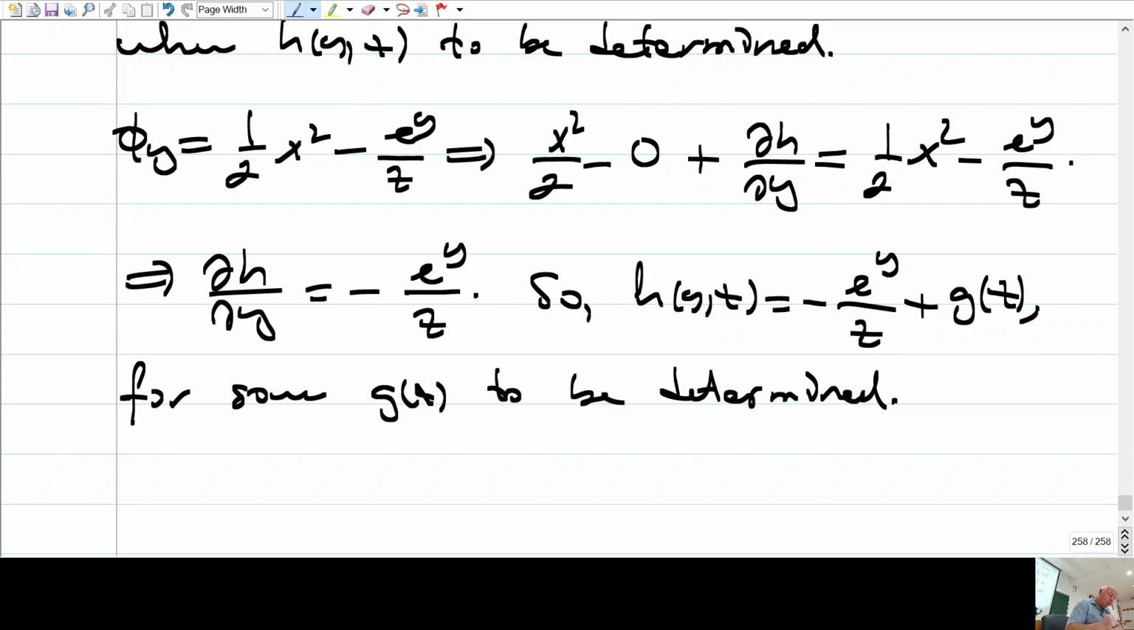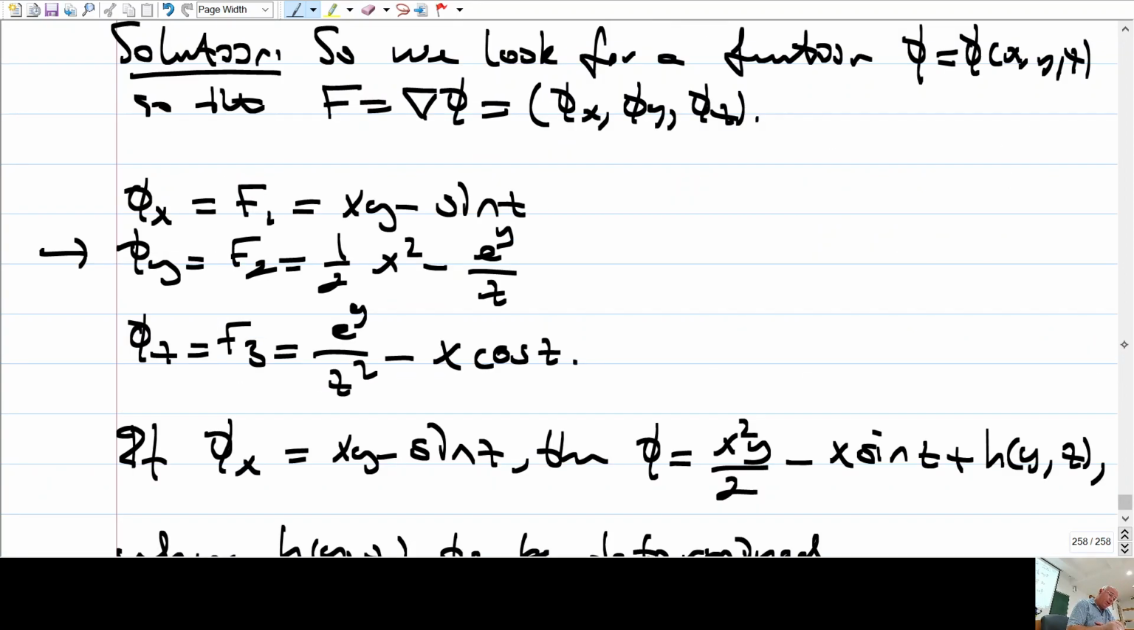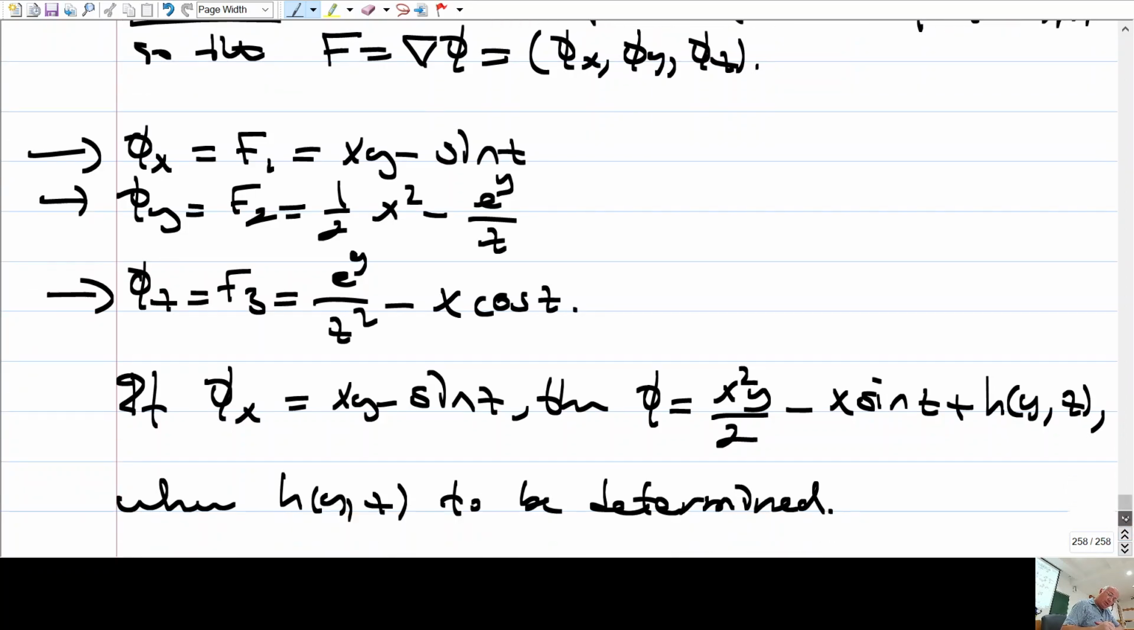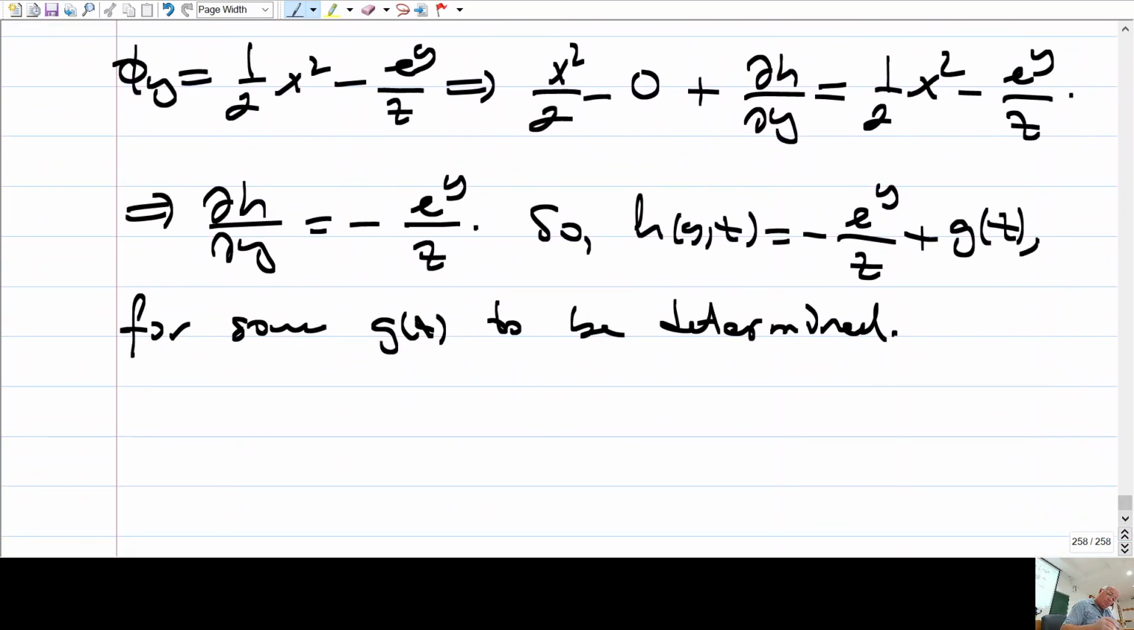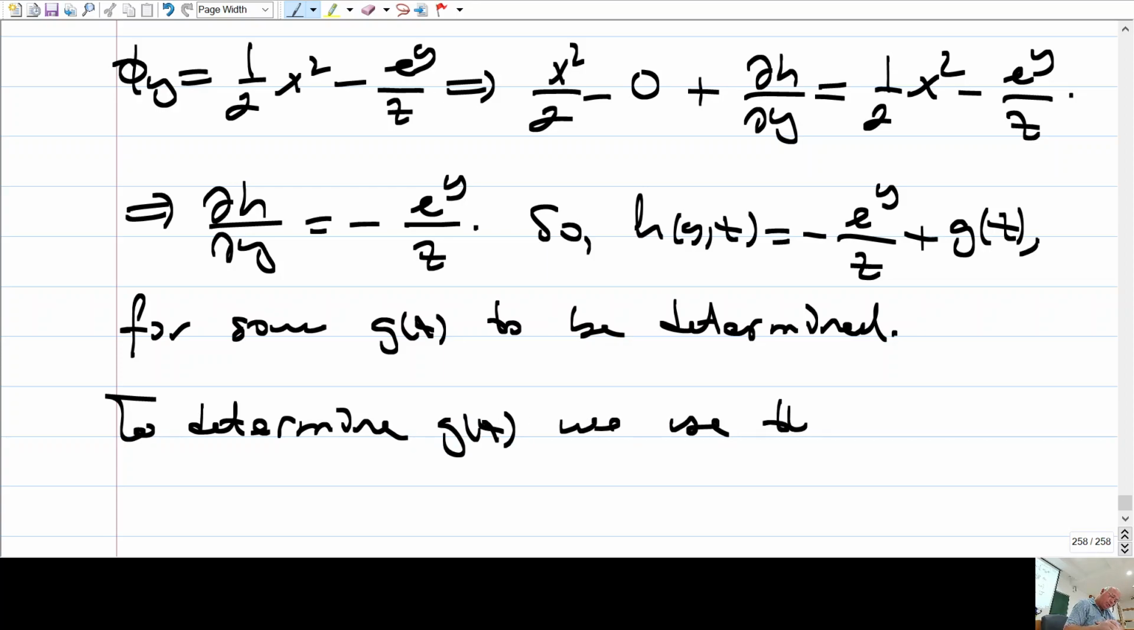How can we determine g? Well, I use this equation. I use this one. Now I need to use this one. So, to determine g(z), we use the last remaining equation,